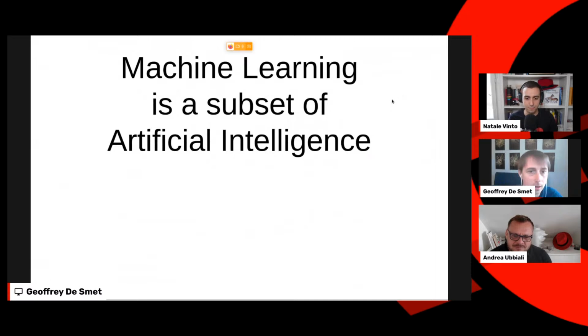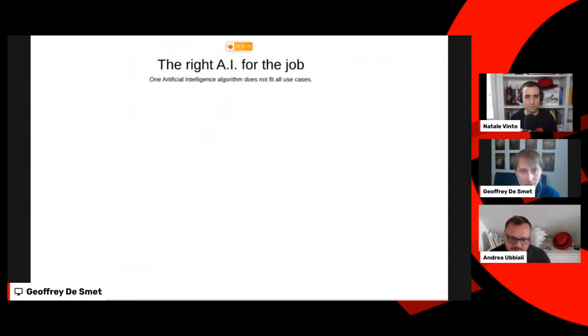Machine learning is a subset of artificial intelligence, and a lot of people seem to forget that these days. So I'd just like to illustrate that for a minute. There are a lot of AI algorithms out there, and you want to use the right one for the job. Presume you want to do a full text search in Google or something like that.